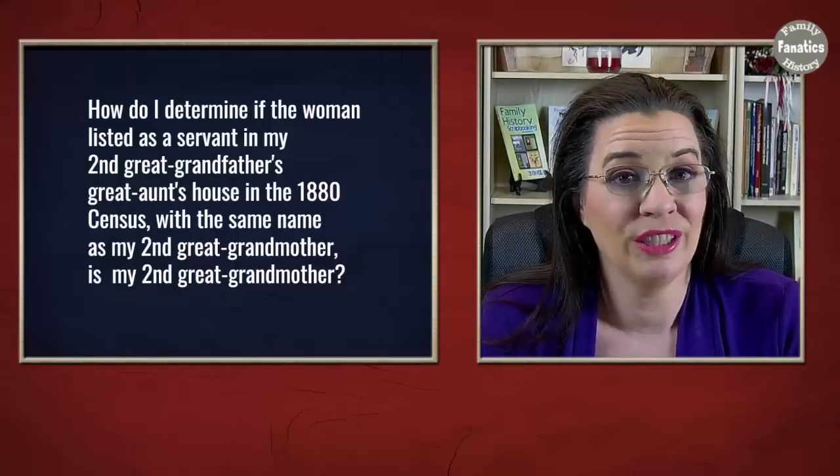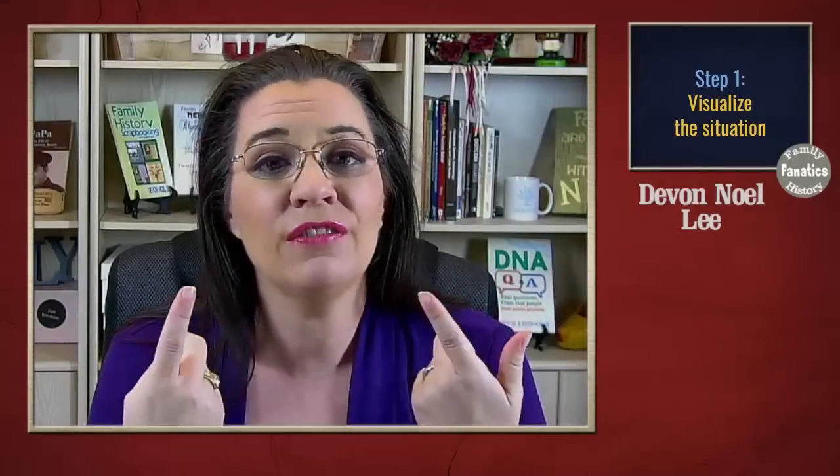So what do we do? Now, one of the things that most genealogy educators fail to do is to tell you to draw out your problem, to draw out the clues that you have to see how they're connected, to draw out the family trees to see what you're trying to prove or disprove. Visualizing your problem can help you figure out what you need to do and then develop the traditional first step of developing a quality research question.